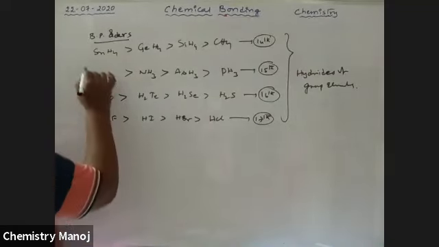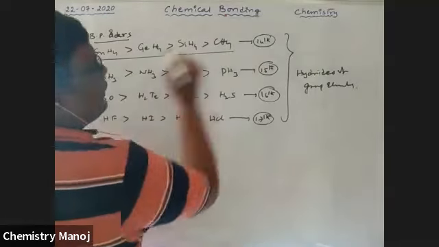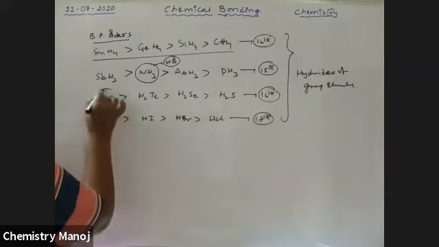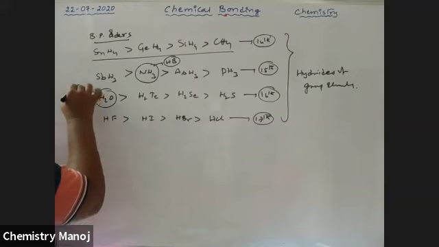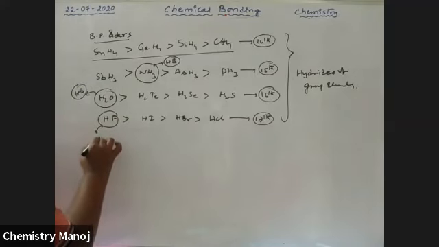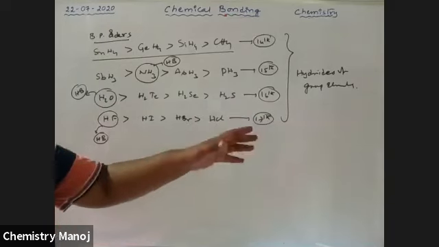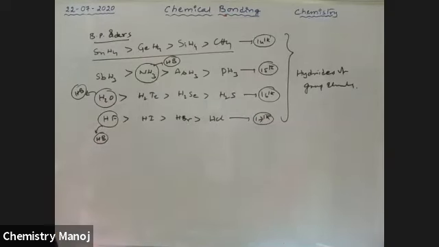See here, no hydrogen bond is possible. But here, ammonia is involved in hydrogen bonding. Here, water is involved in hydrogen bonding. Here, HF is involved in hydrogen bonding. We expected a lower boiling point, but because of these hydrogen bonds, these have the greatest boiling points. So these are the orders of boiling points. Please try to note the points. Okay, so this is boiling point. Next question. Based on this boiling point, see here.